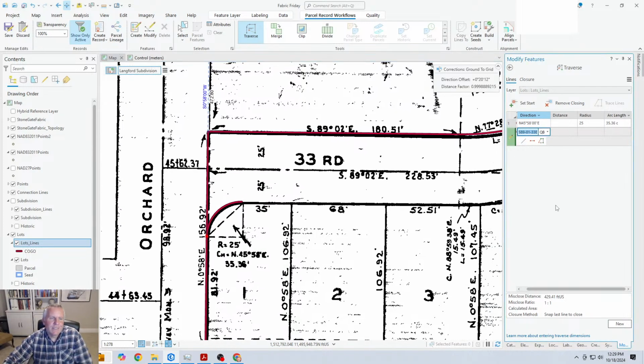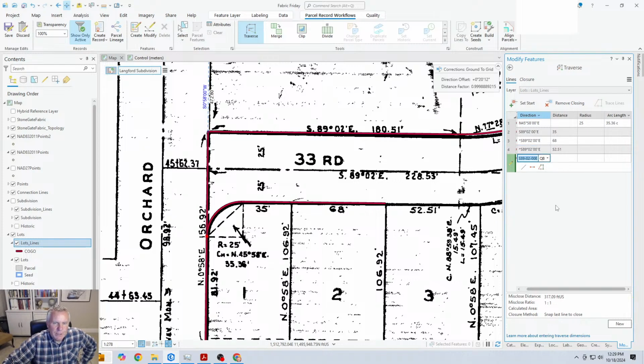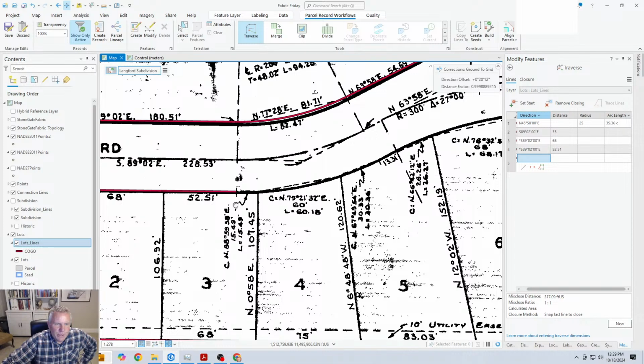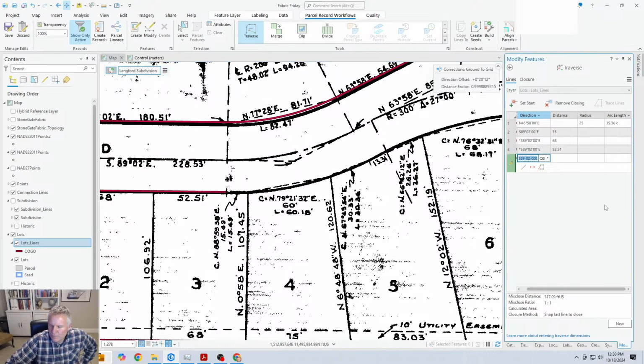Yeah, I think that's the chord length, because the outgoing bearing is closer to 89.02. 35, and then I'm just going to hit enter again because it's the same bearing. 68, enter again, 52.51. Now we're into another curve, and I'm just going to enter the star key because it's tangent. 0 for the distance, and the radius is